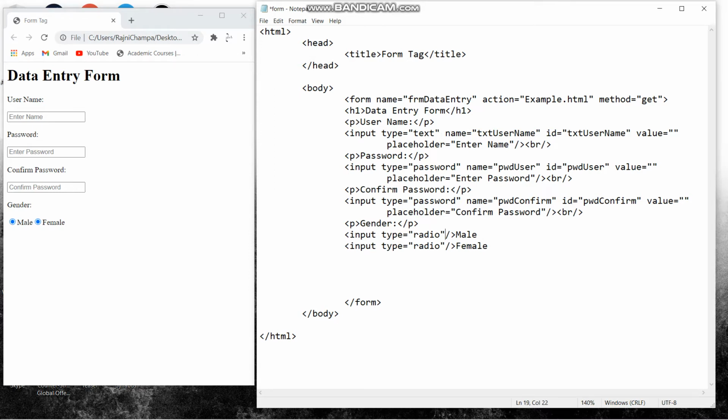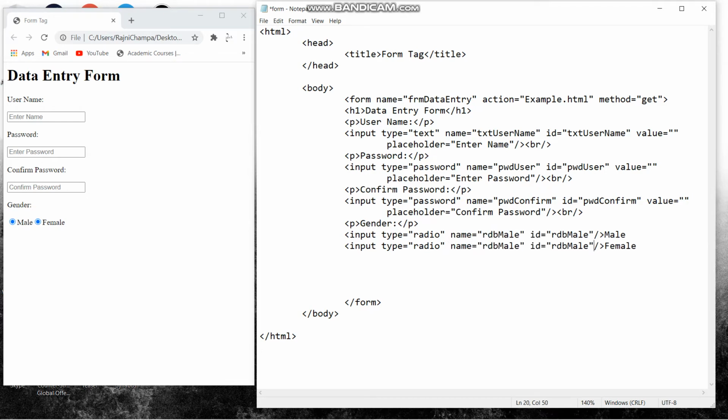So what we will do is give them details. I would first give name equals to rdb male, so it would give an access point to our male radio box. And I'm going to paste a similar thing in the ID.